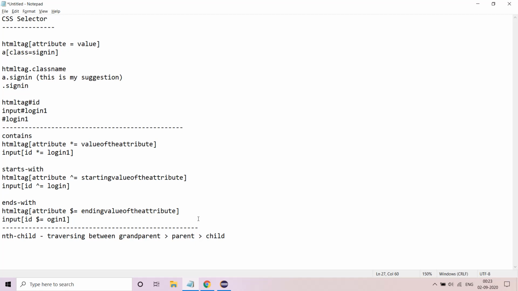I'll teach you about nth child, as well as we'll learn about nth of type. This also is about traversing, but both work a little bit differently. We'll see which one is used for which particular case. So we'll cite small examples, and we'll see how we actually have a practical implication of the same in our code.